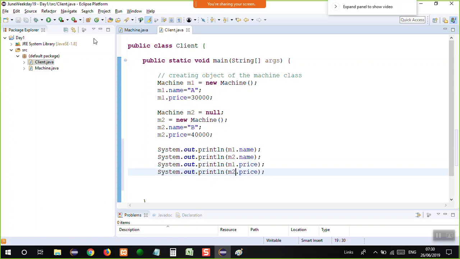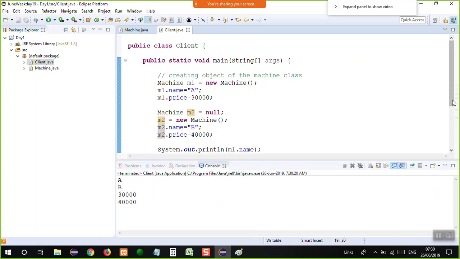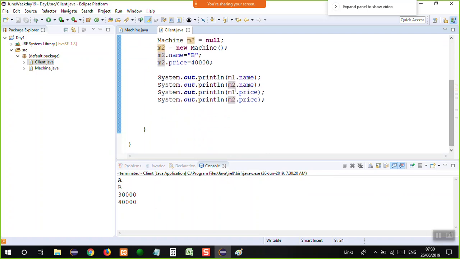So when you run this, you see that you can print in front of it only. You can put a plus sign. It is a concatenator. Okay, and with m2.name, and you can write,